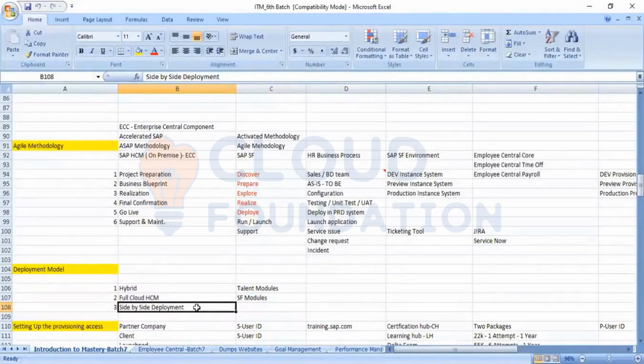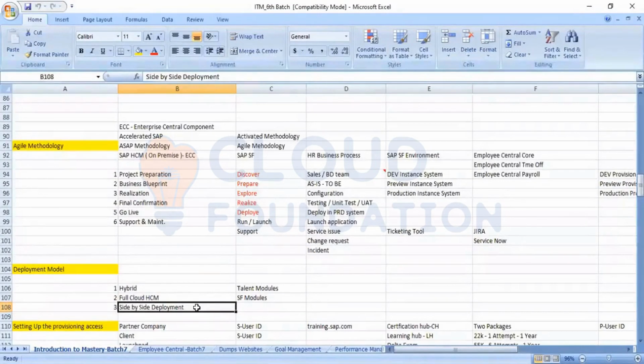They will implement for the first entity, see if it works successfully, and then go for the other entities. Suppose they implement for infrastructure as one entity. After maybe 1 or 2 years, they can plan to roll out that implementation to the other entities. That type of model is called a side-by-side deployment model.